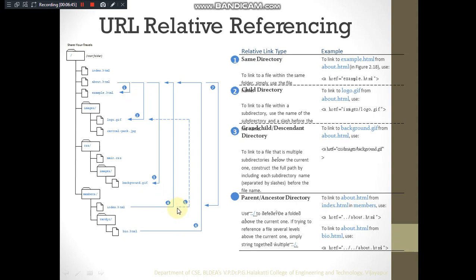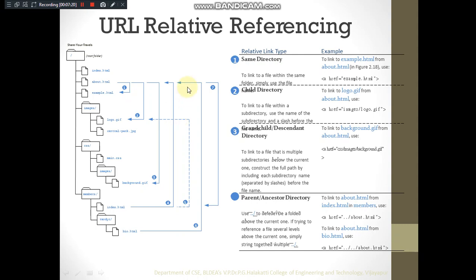Well, in fifth example, in index.html we would like to establish a link to where? Logo.zip. How are we supposed to do it? Yeah, it should go to the parent directory, that is dot dot. How do we specify? Parent of this members is dot dot, and then inside that it should go to images, then it has to be linked to logo.zip. So the value of href for fifth example should be what? Dot dot slash images slash logo.zip.